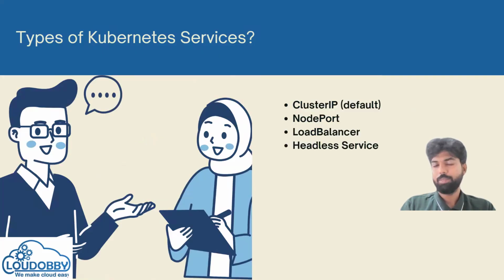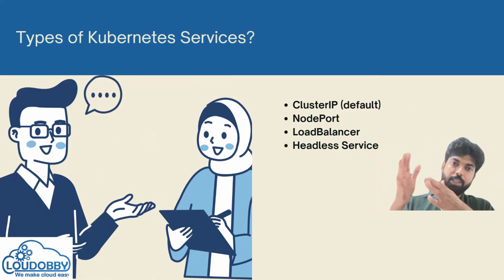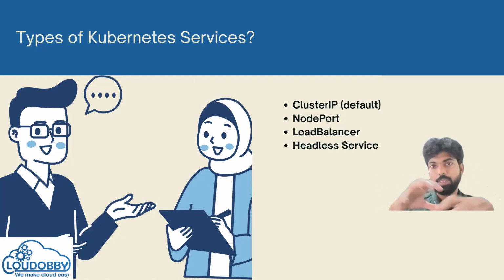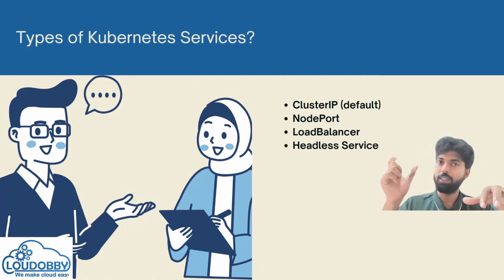Types of Kubernetes services. When you say internal communication, it can happen with a cluster IP. One default cluster IP will be created. It's a container network. Node IP is nothing but the worker node. You have 1, 2, 3 worker nodes, it will take the worker node IP, or load balancer, or headless service. Cluster IP and node port are questions that will come up many times. What is node port and what is cluster IP? Please go through it. Cluster IP doesn't depend on any of your nodes. The cluster will have its own IP, which the Kubernetes CNI container network itself assigns, and all the communication will happen at the cluster IP.